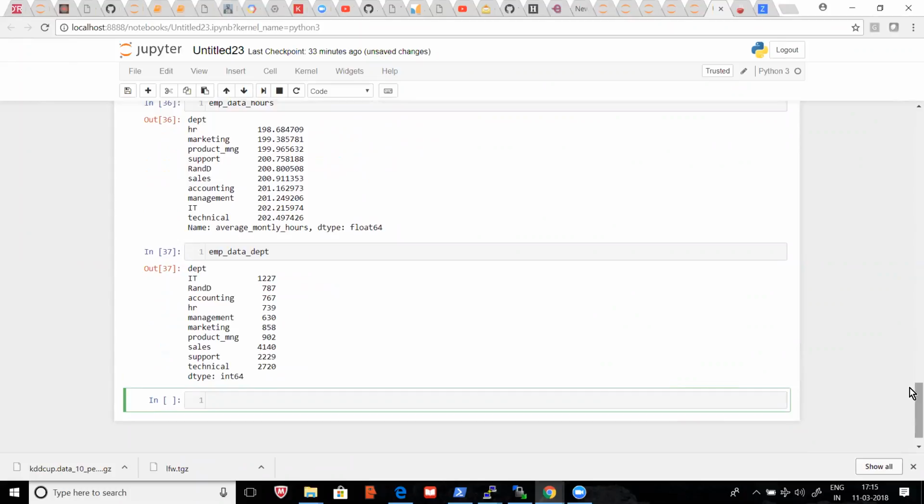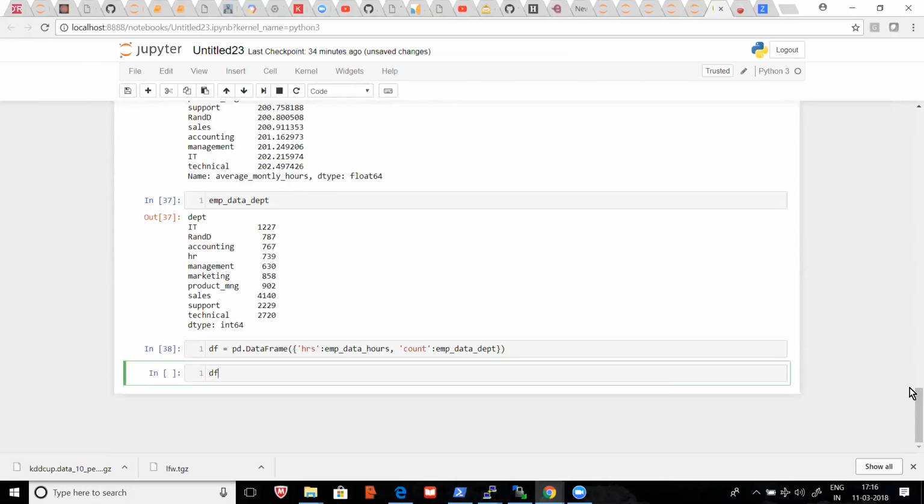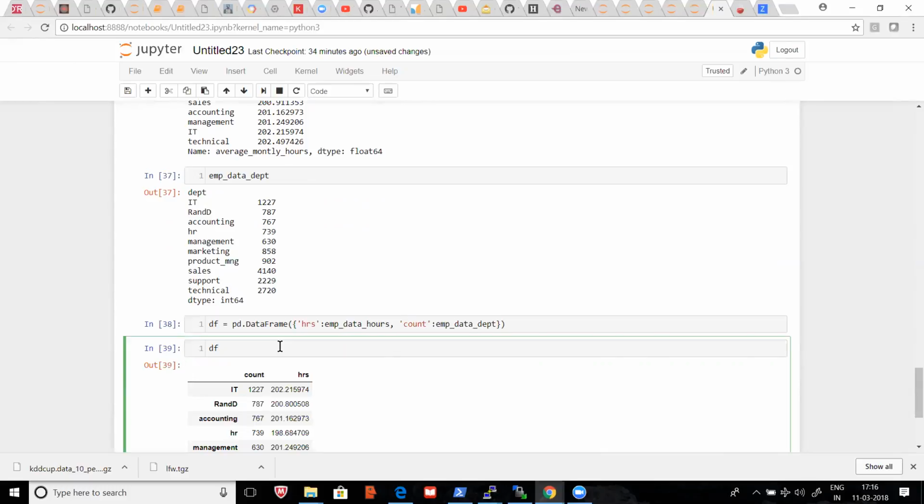So what you can do is df equal to pd.DataFrame. Pass a dictionary. Say the first one is the employee department column, then we can give that name. Data. And then count, the employee count data. So df, right? So now what you can do is df.plot.bar